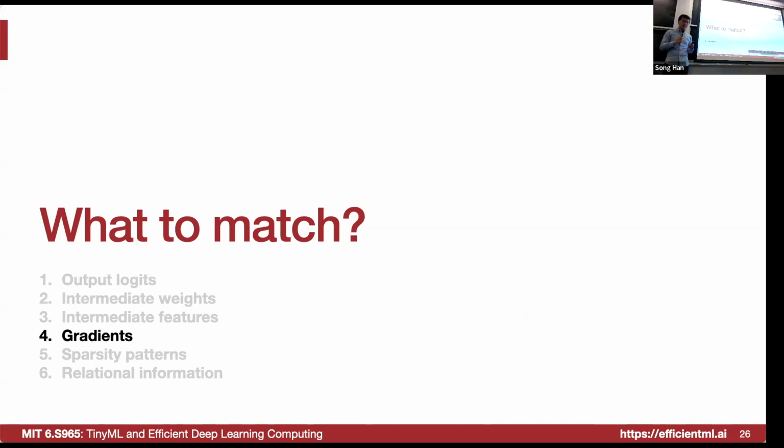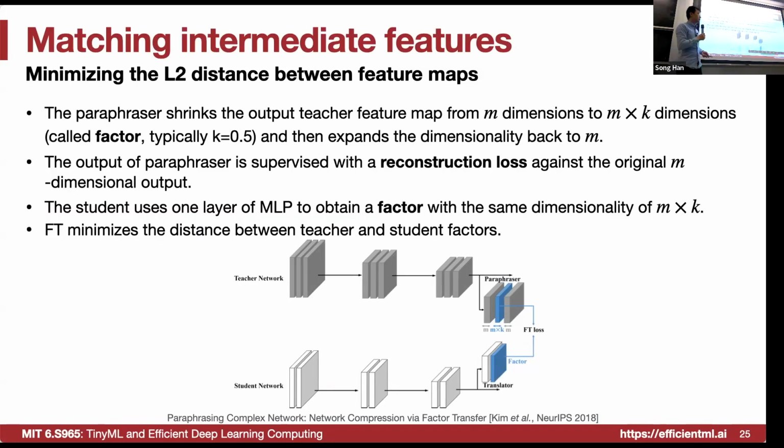I have a question. I was confused. Why did we change the dimension? Oh, so here it formulates something like an autoencoder. We first decrease the channels and then increase the channels and try to make these two feature maps match. Is it because the feature map of the student network is